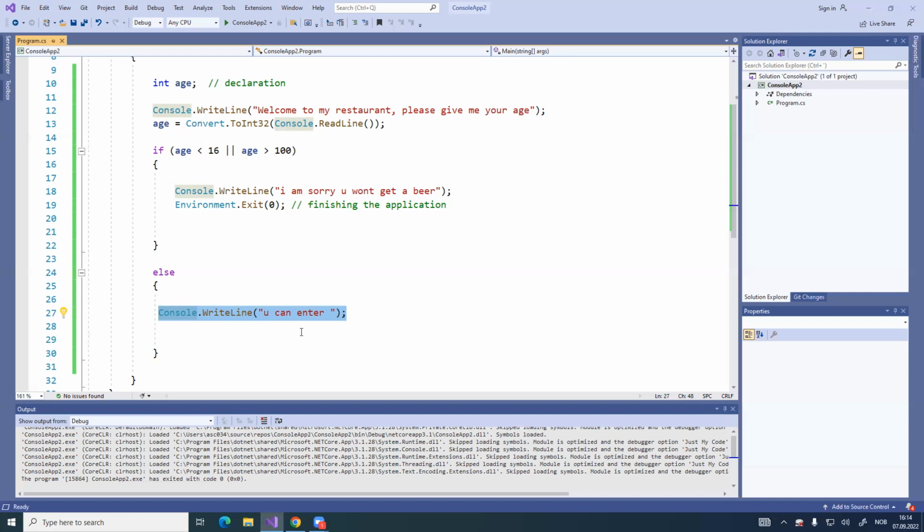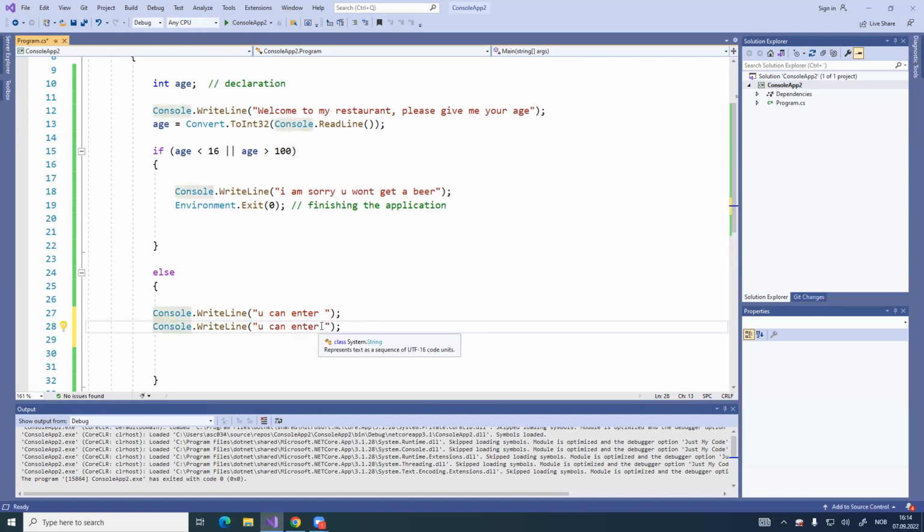So instead of writing you can enter, we can leave it here as well. But I also write a menu here. I will write a menu, and this time, like every time, I will begin to order beer and wine and maybe water. Let's see. So I can order stuff. So please press 1 for ordering beer, or 2 for ordering wine,